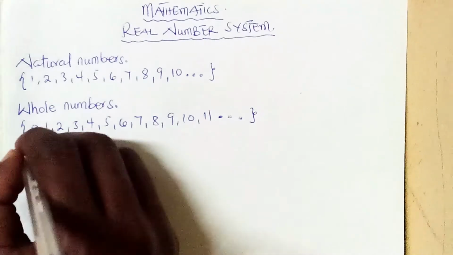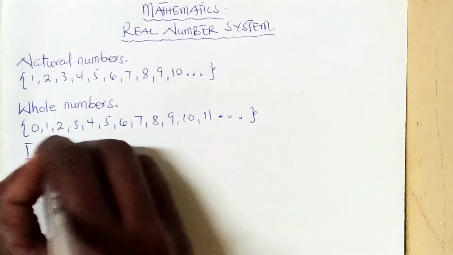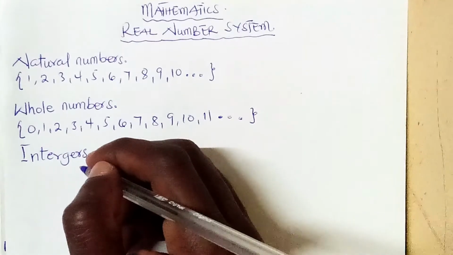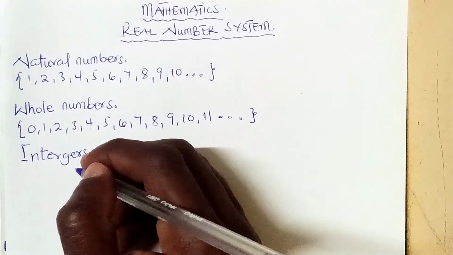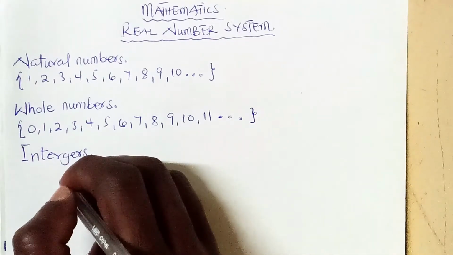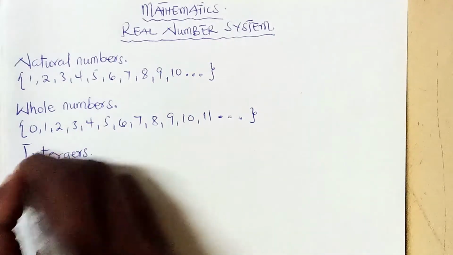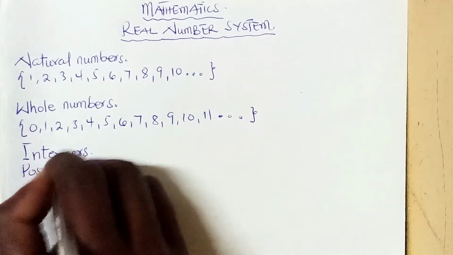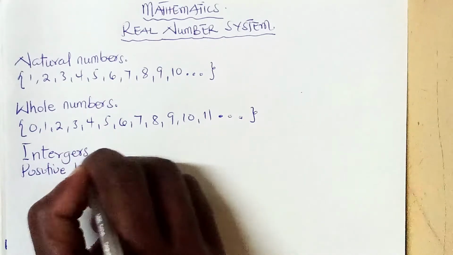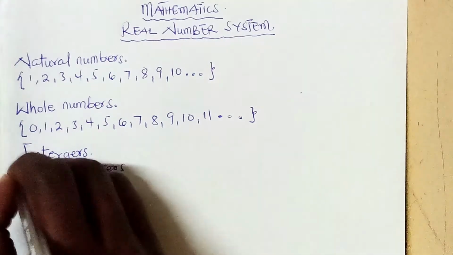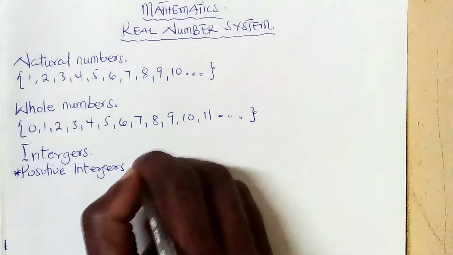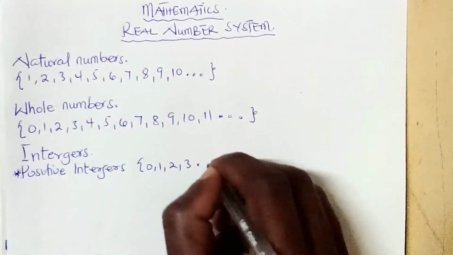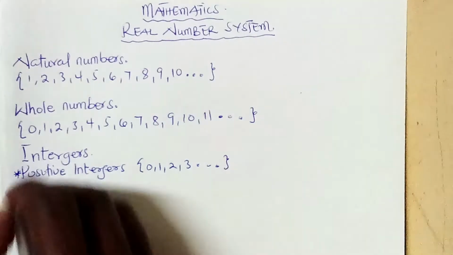Let's talk about integers. Integers are positive or negative whole numbers. Therefore, we can have positive whole numbers and negative whole numbers. So let's have positive whole numbers, which are integers. Examples are 0, 1, 2, 3, to infinity. Whereas negative integers